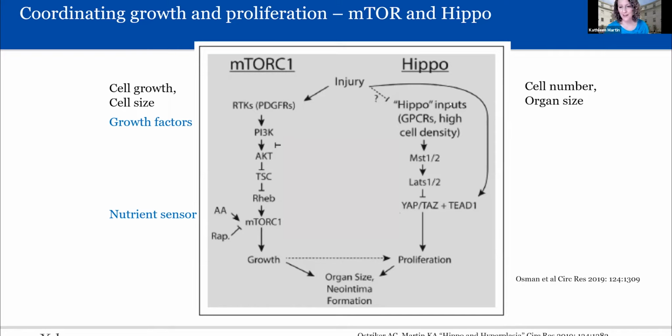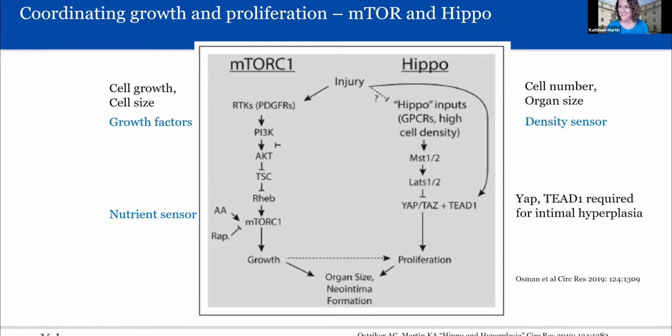The upstream inputs to Hippo that actually sense the density are not clearly defined at the molecular level at this point, but it activates a kinase cascade that represses these transcription factors, and these transcription factors drive proliferation. So it senses density, and these YAP and TEAD transcription factors have been shown by Jiliang Zhao,